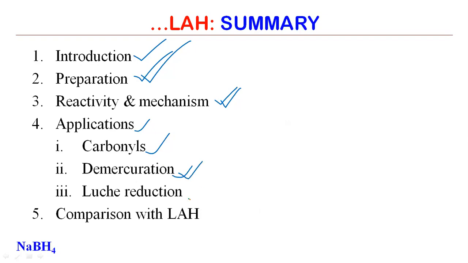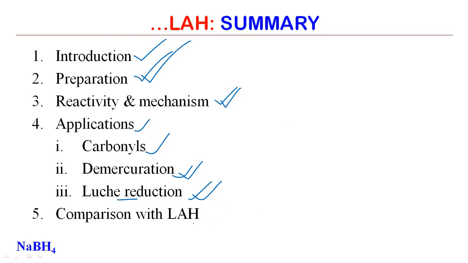Then the third application of sodium borohydride is, generally it has been observed that whenever there is an alpha beta unsaturated carbonyl compound and we are using sodium borohydride alone, then the reduction takes place in 1,4 fashion. But when we are using cerium chloride with sodium borohydride, then exclusively 1,2 reduction of the carbonyl takes place if the substrate has an alpha beta unsaturated compound. So using this Luche reduction, we can get exclusively the alcohol without affecting the conjugated double bond.